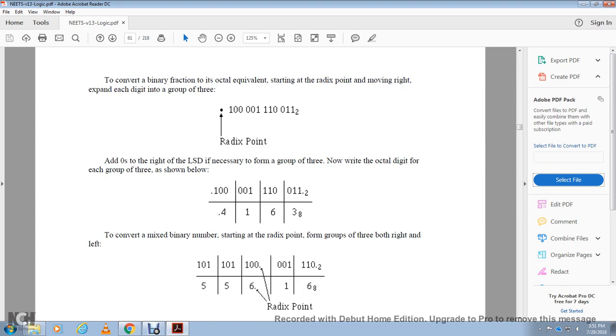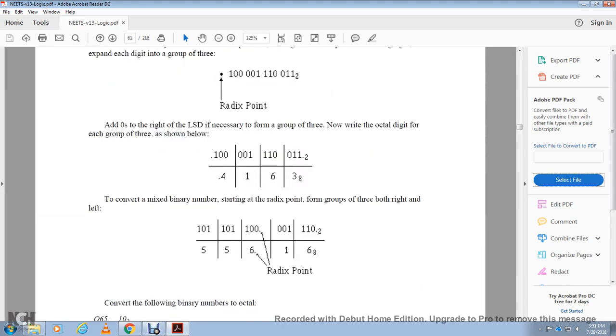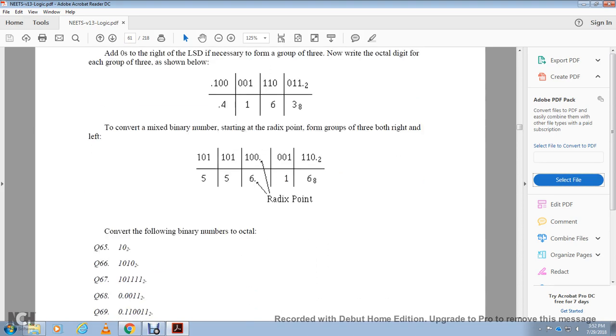Convert the mixed binary number starting with the radix point, forming groups of 3, both right and left from the radix point. So we have 5, 6, 1, 6 to the 8th, and then